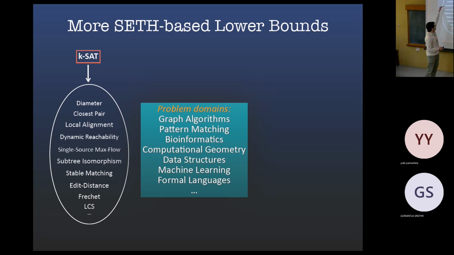So actually, there's a problem in the middle here, which I haven't mentioned explicitly, called orthogonal vectors. You have a bunch of binary vectors, and you want to find if there is a pair that's orthogonal, or disjoint. And that problem is the intermediate problem for most of these reductions. You can also make it so you're looking for 3 vectors that are orthogonal, and then that's n cubed. You're looking for 4.